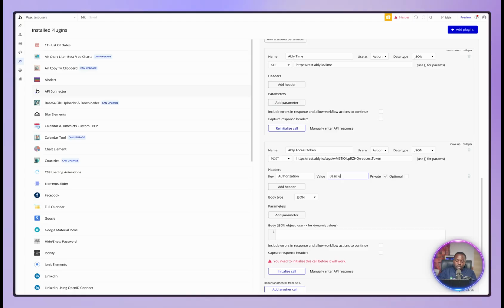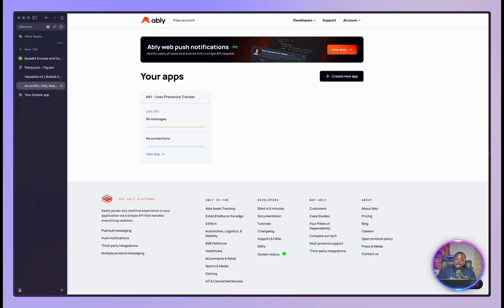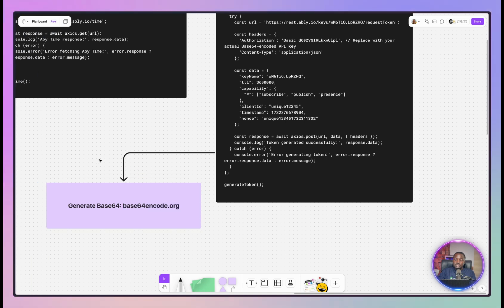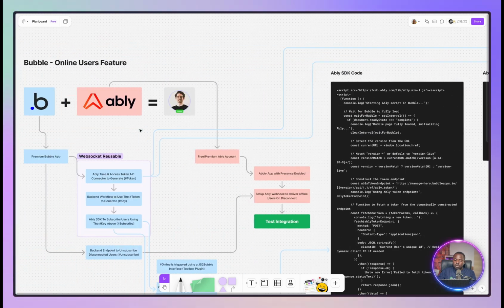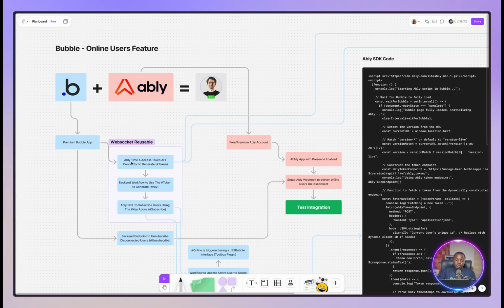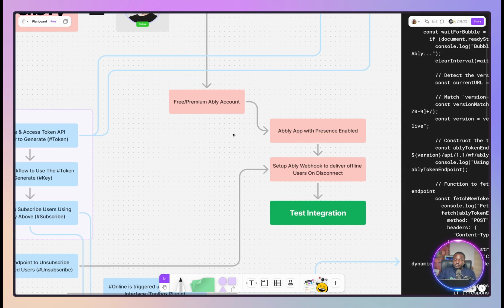Now the next thing that we want to do right now is we are going back to Ably. So this is my Ably account. I'm already signed up, and to continue with this stage, we have to now go back to the Ably stage. So we are still on step 1 on the WebSocket, right? So we have to go back to the Ably step, and then the first thing under the Ably step,